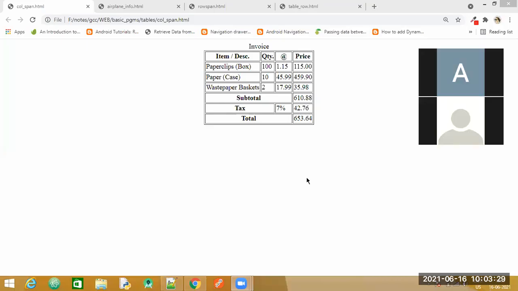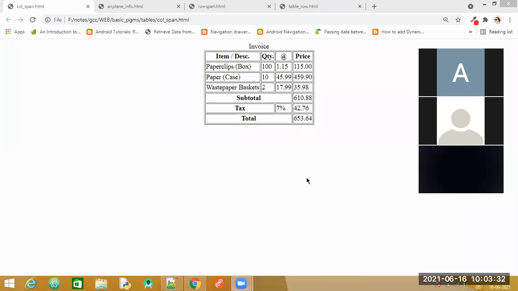So have a look at the output here. We are going to study two properties of our tables. The properties are called column span and row span. So far in the examples we have just created singular rows without any merging of the cells, and even the columns that we have created are singular. We have not merged two or more cells together. So you have two properties called column span and row span, which you can specify for your row.